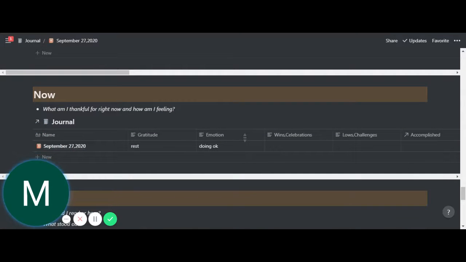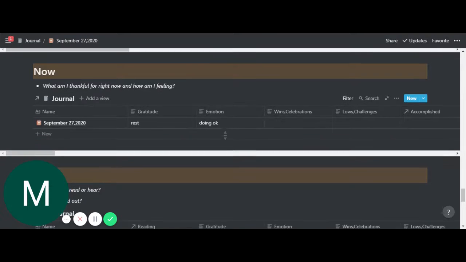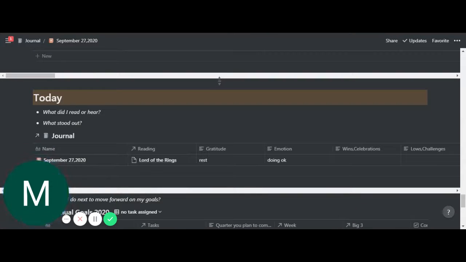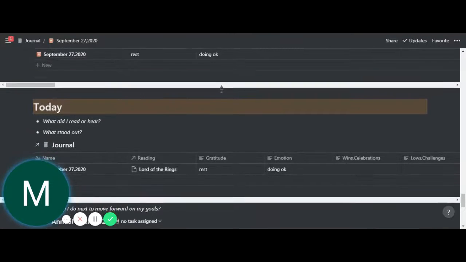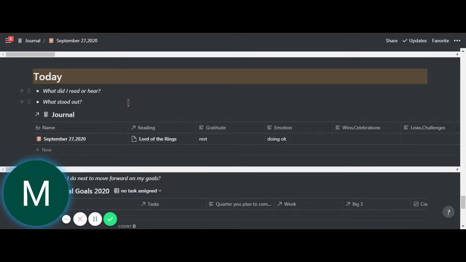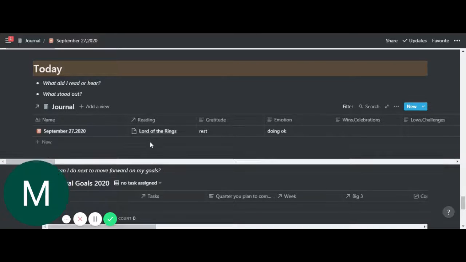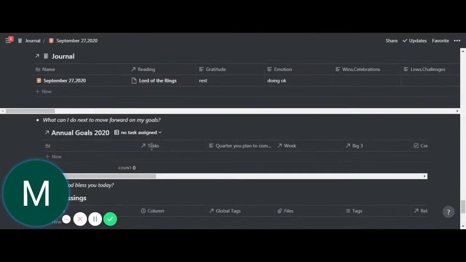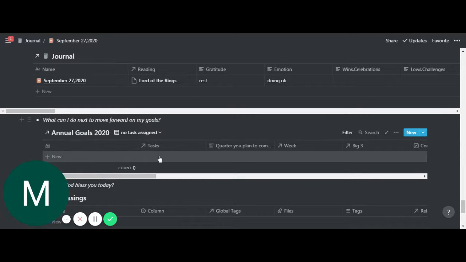The now section, just simply tracking gratitude as well as emotions. Just an emotional check. Again, a reflection from Michael Hyatt. What did I read or hear? What stood out? What I read yesterday. And then what can I do to move forward on my goals? This is connected to a goals database as well as a task database.